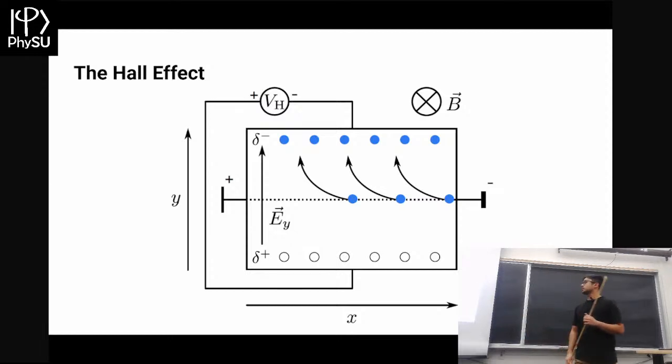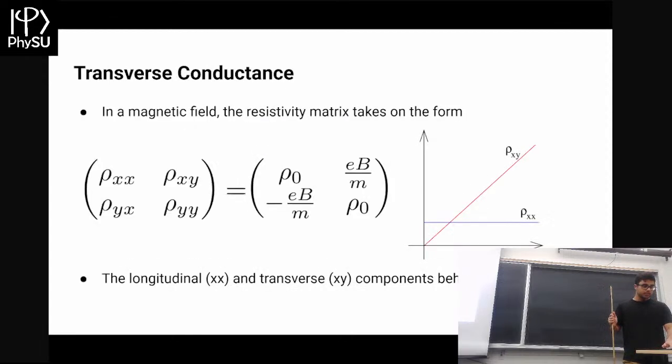So it turns out that whenever we apply a current along the horizontal direction, we actually get this electric field in the vertical direction. Well, that's not something we would expect, right? If you think of a similar problem, imagine we had an electric field pointing in this direction, you'd expect that the electrons would flow in that direction. This is a little different. And so that's where the idea of this transverse conductance and resistance comes in.